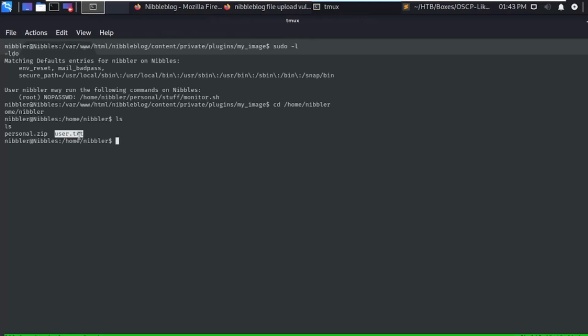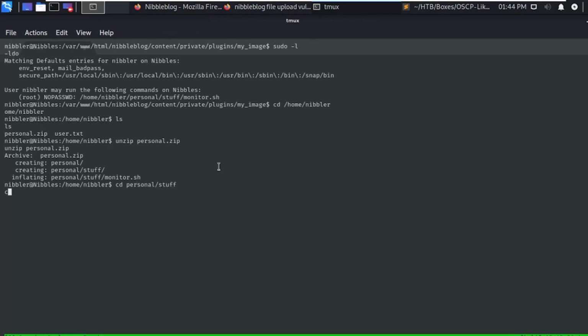I can access it, but I won't be showing it because I do actually want you to do the box as well. This is personal.zip. Let's unzip it. Well, we do get personal stuff and monitor.sh. So let's go in personal stuff and ls. Clear this and do